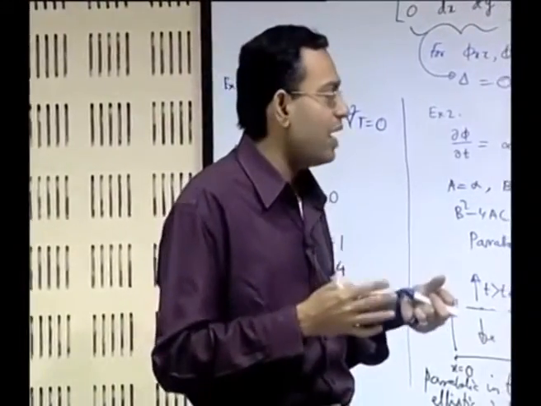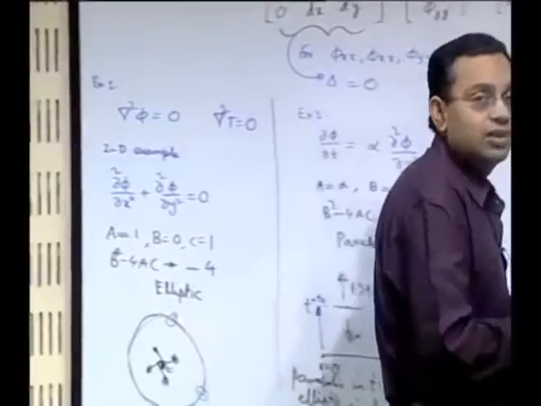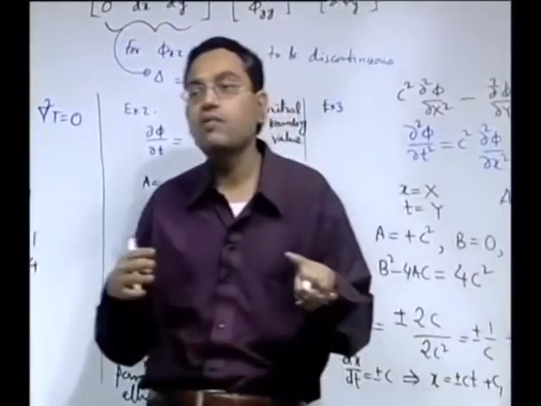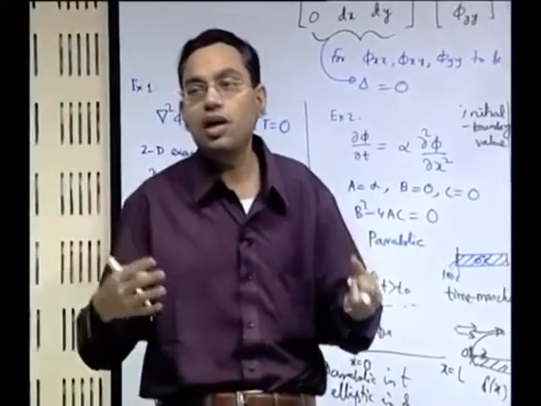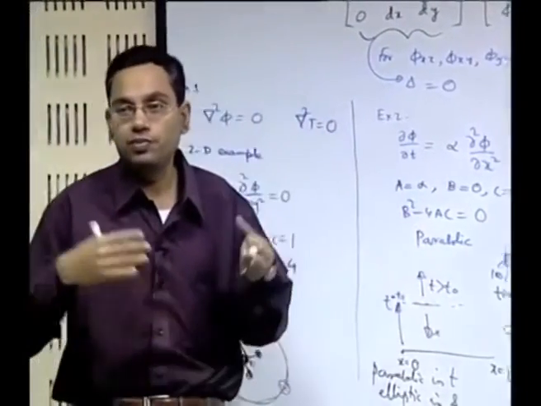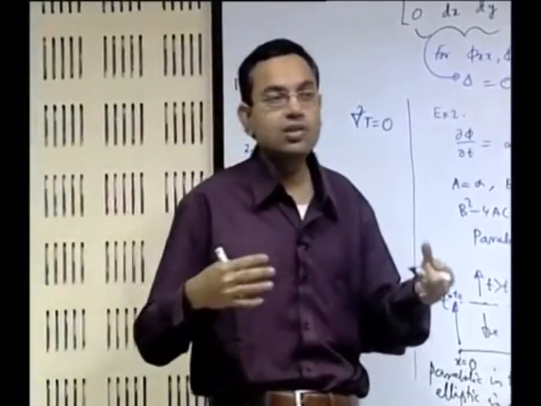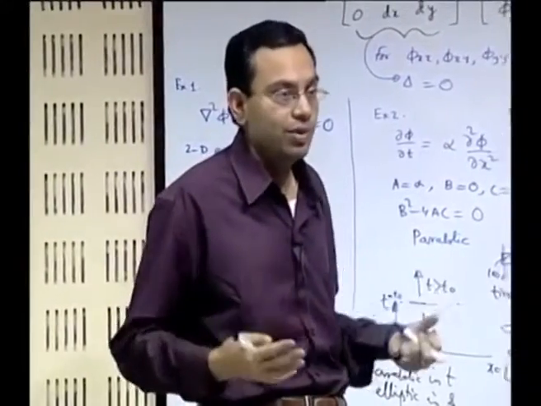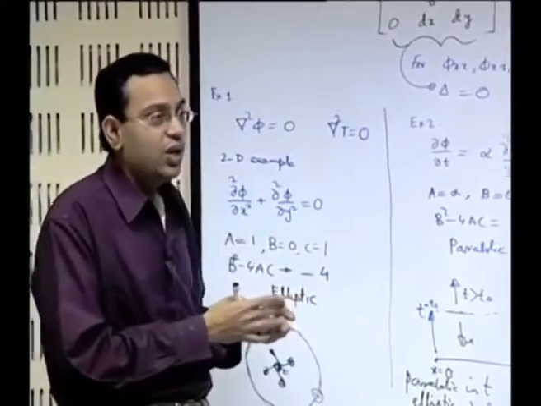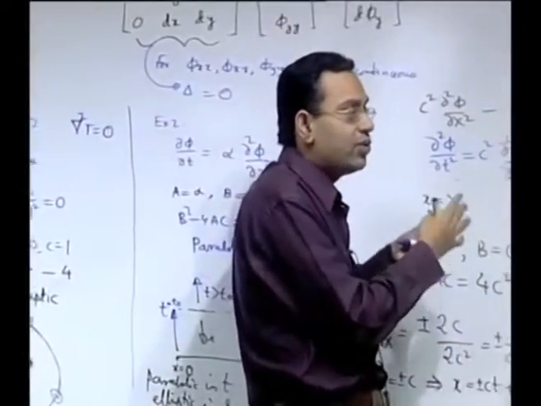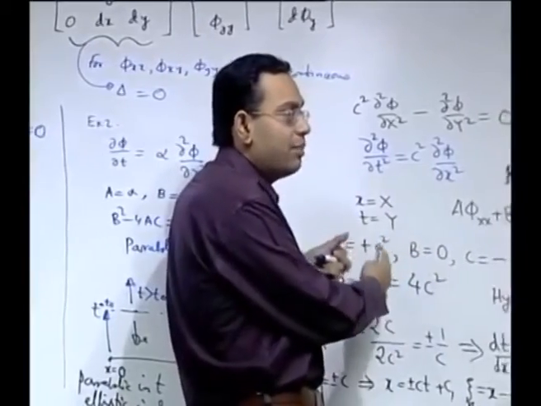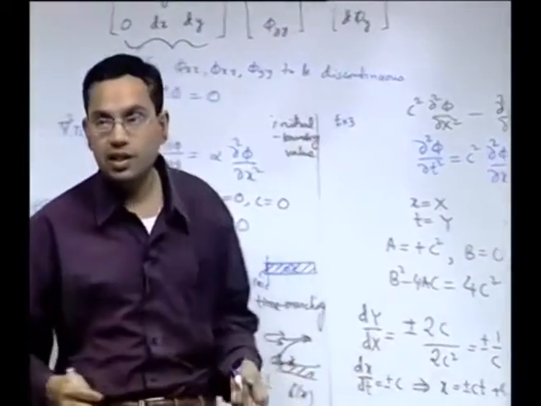So, we will identify that these are not the only lines across which you could have discontinuities. You could have discontinuities across certain other fronts which we call shock fronts, or the corresponding discontinuity is known as a shock wave in compressible flows. So, we will try to understand where that comes from physically, and for each and every case we will try to relate that physics with the corresponding mathematical behavior of that partial differential equation.